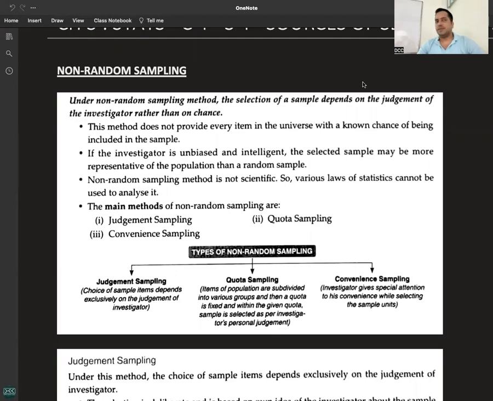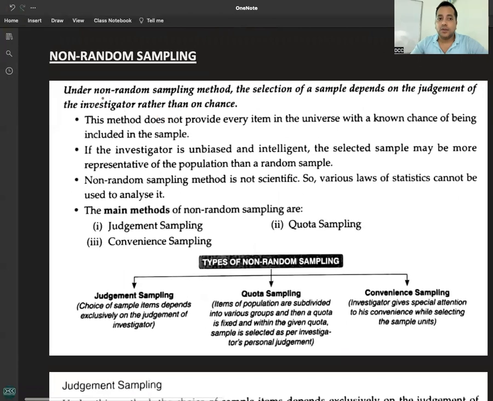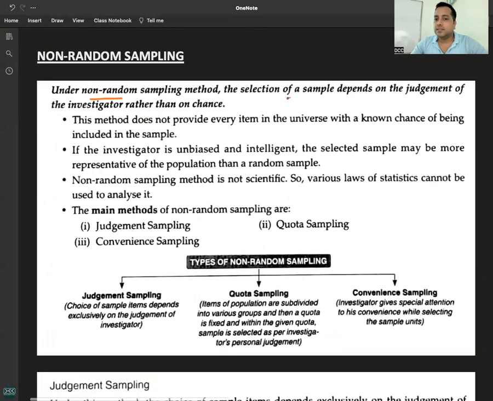Non-random sampling. There is random sampling and there is non-random sampling. Under non-random sampling method, selection of sample depends on the judgment of the investigator rather than on chance. In random sampling,